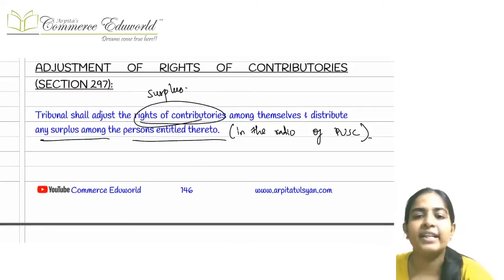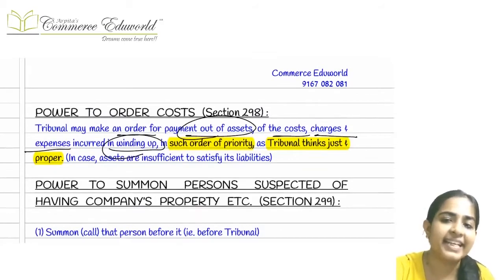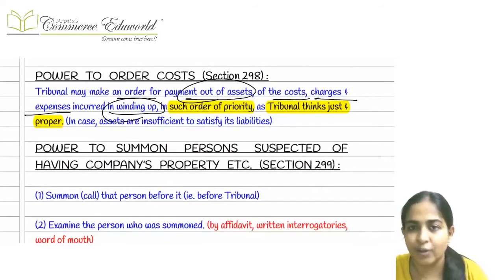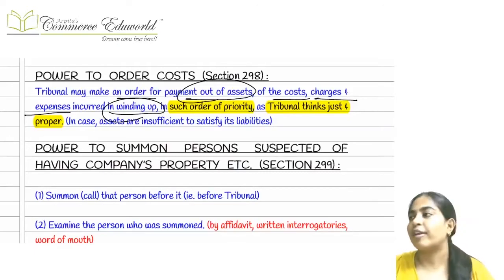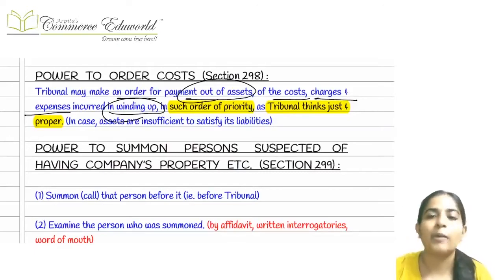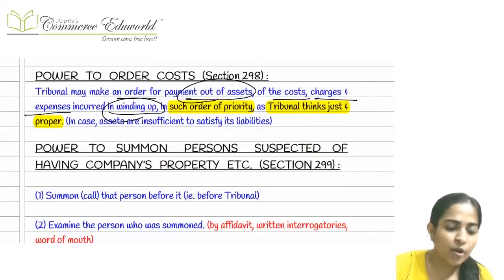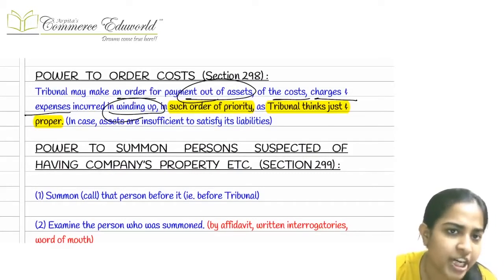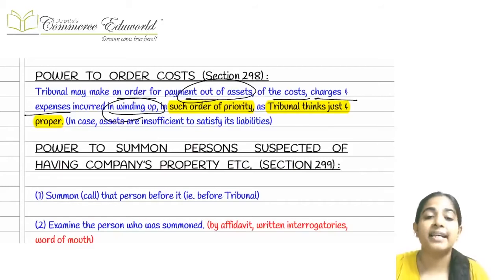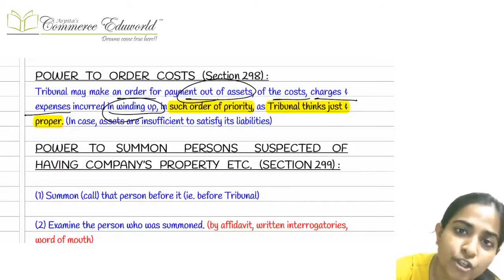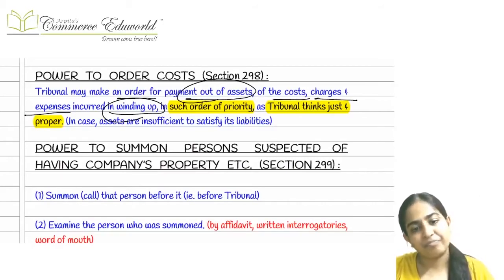And if at all there is any surplus, suppose at the end, after making payment to all, then whatever surplus is left is distributed amongst all the equity shareholders in the ratio of their paid up share capital. The surplus gets distributed among the equity shareholders, this we already know, but this gets distributed amongst all of them in the ratio of the paid up share capital, right?